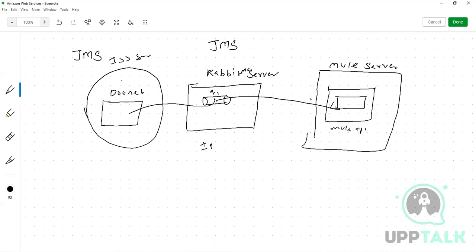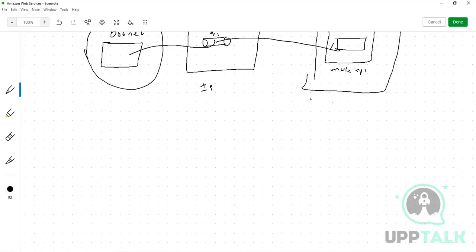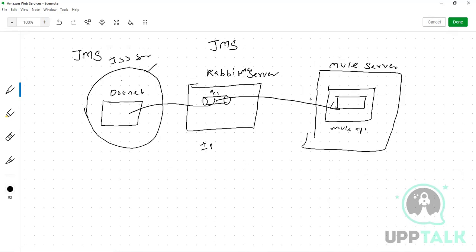We are establishing communication between different platforms. This is a .NET platform, this is the Mule platform, different technologies. They can talk to each other using JMS, heterogeneous technologies. Whereas if we come to the VM component, actually there is something called the JVM,